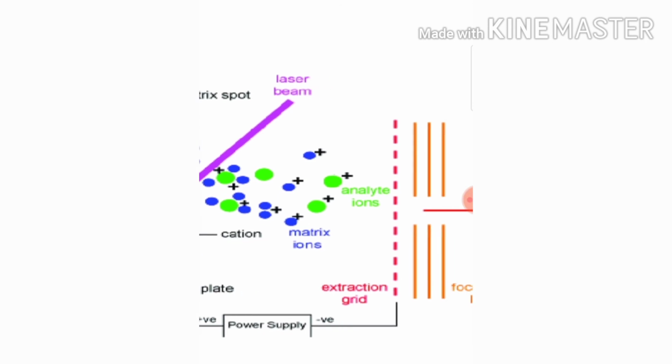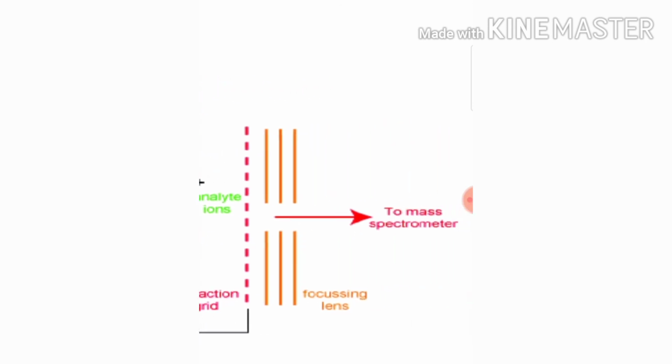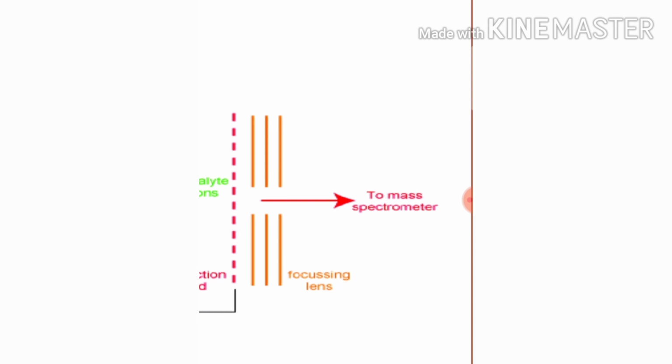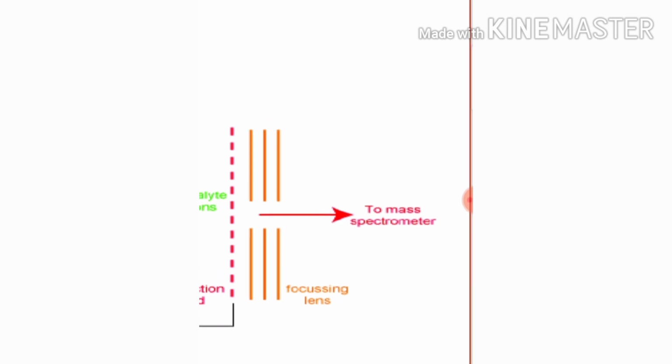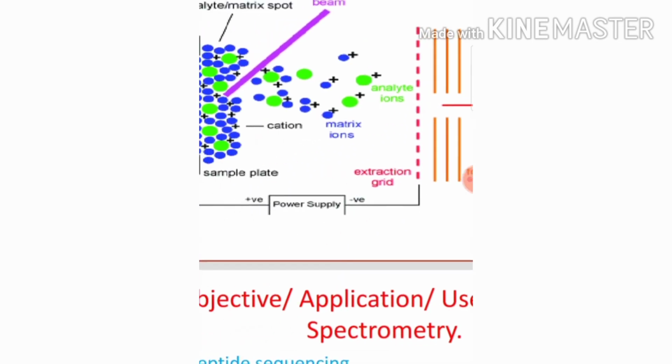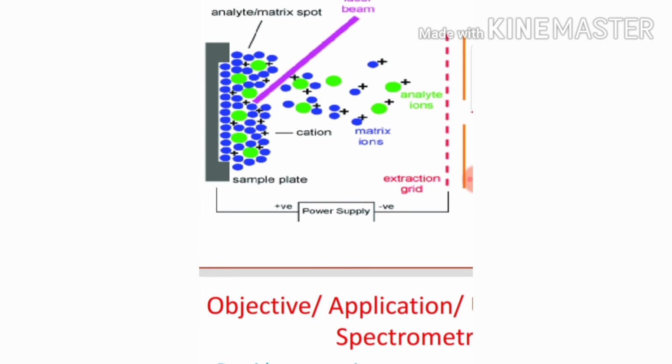Now this cation, meaning positively charged ion, will enter inside the mass spectrometer, and that is known as injection. We are going to inject the sample in vaporized ionic form. Then we are going to proceed to deflection. After attaining momentum, due to different momentum they are going to deflect differentially, and then the detection unit will detect the mass spectra. So this is overall the pathway inside the mass spectrometer.